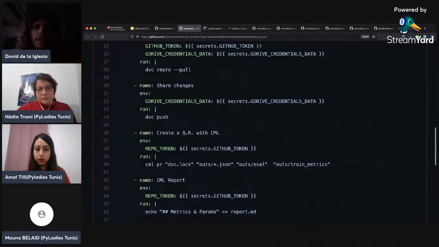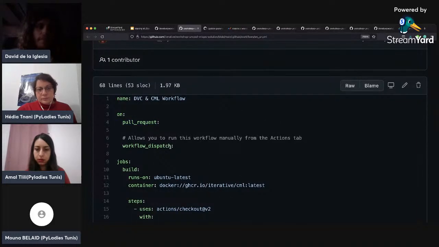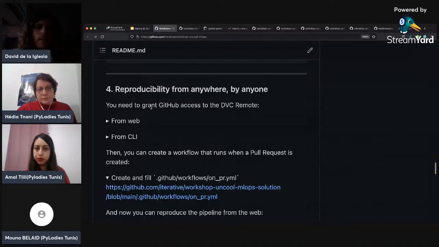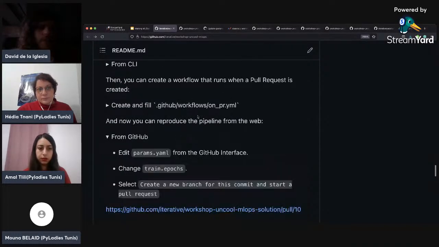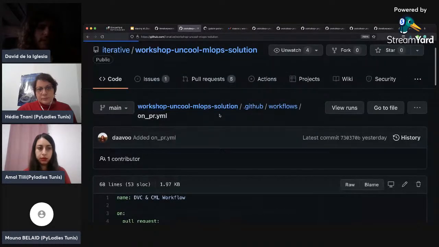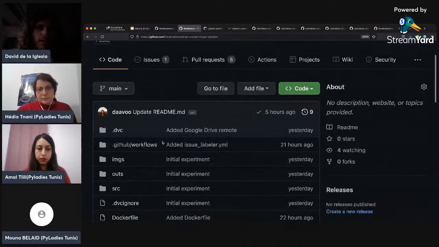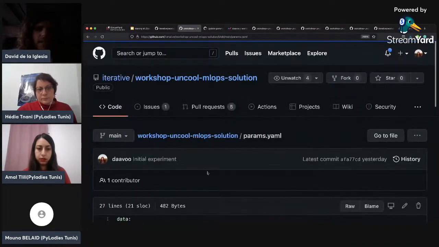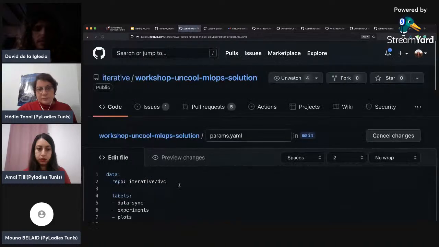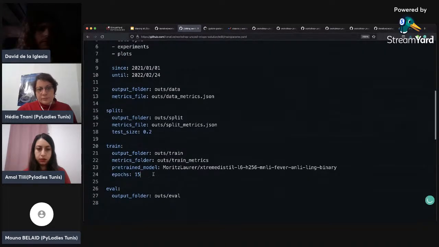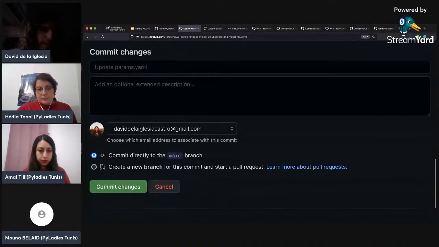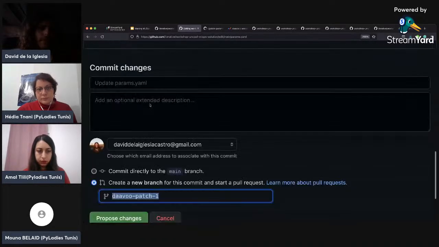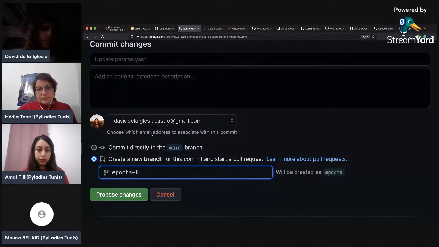So this is a GitHub workflow that will be run on pull request or manually. With this, we have enabled a way to reproduce the pipeline from pretty much anywhere where you have access to internet. So we are in the GitHub repository where this workflow exists, and we try to change any parameter in the pipeline. So we are going to train for 8 epochs instead of 15. And if we create a PR saying that we have changed epochs to 8,